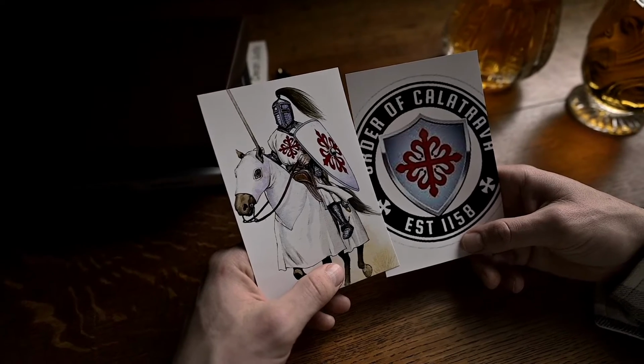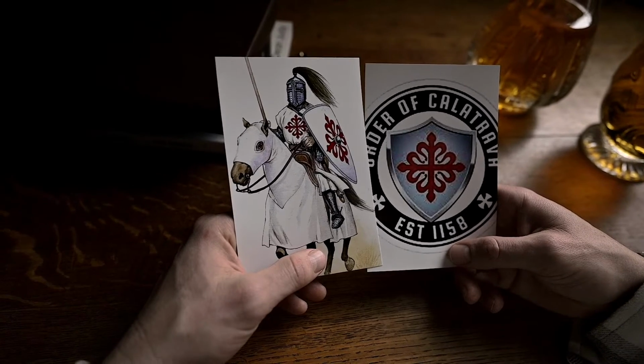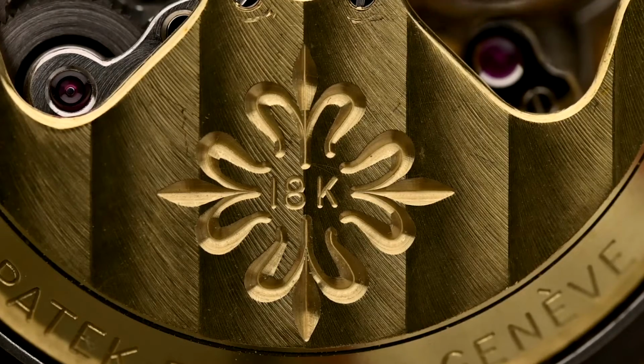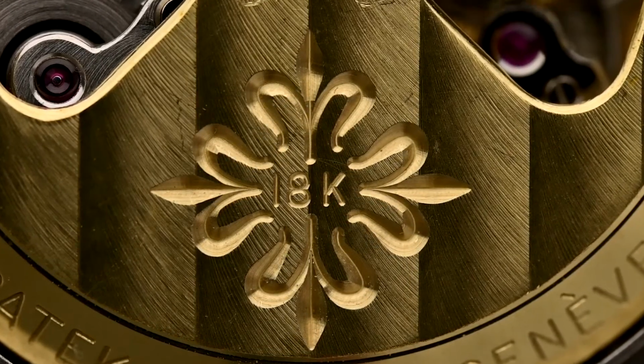Patek Philippe had already registered the Calatrava cross design as its trademark 45 years earlier, in 1887. The brand had just never used this name or symbol for its collections until this new timepiece was born, although it did not appear more regularly on the crowns and movements of Patek Philippe's watches until the 1960s. So if you find a Calatrava before the 1960s, don't worry if there's no cross on the crown or on